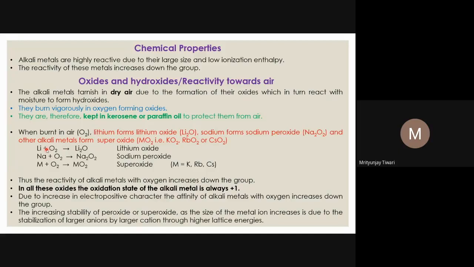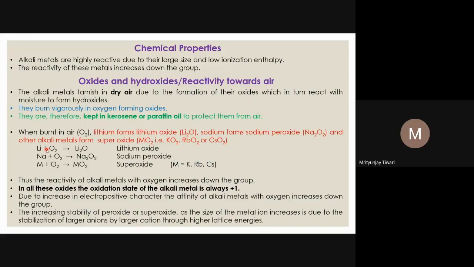So the metals which react more vigorously, which have more electron donating tendency, which are more electropositive, will give their electron very easily, and they give their electron even to a very weak electron acceptor like the oxygen molecule.